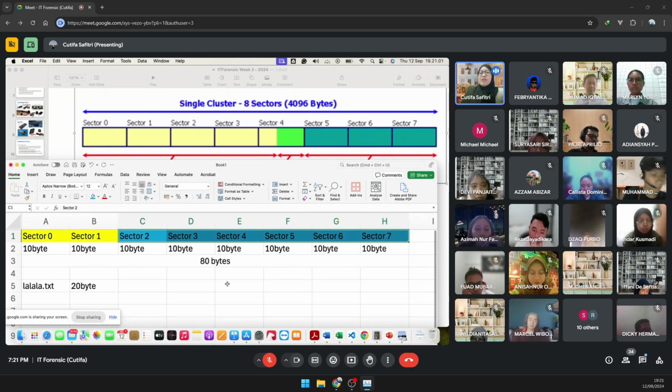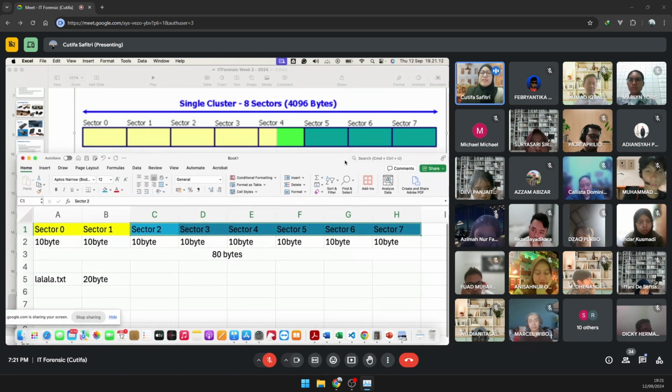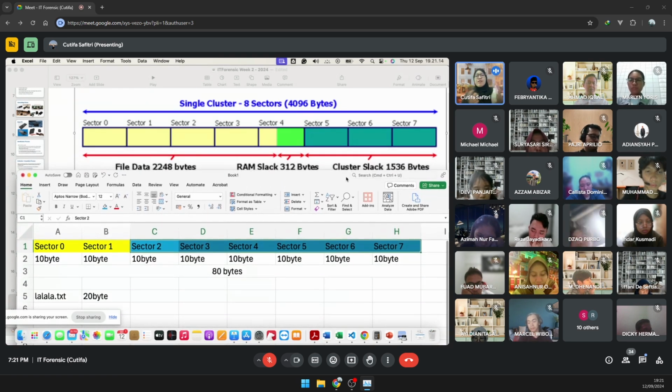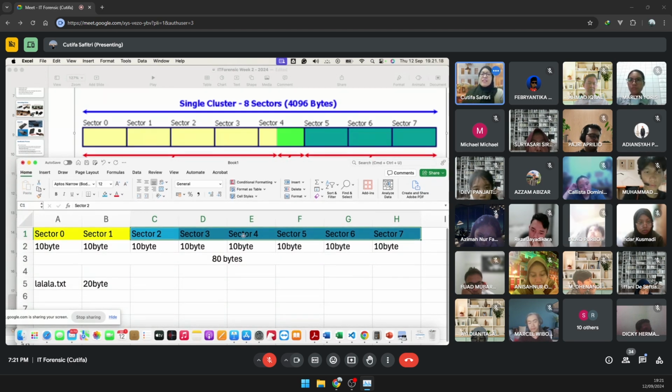This is why we have defragmentation. Have you ever performed that? If you watch some YouTube videos, they say that defragmentation is a way for you to free these unused sectors.